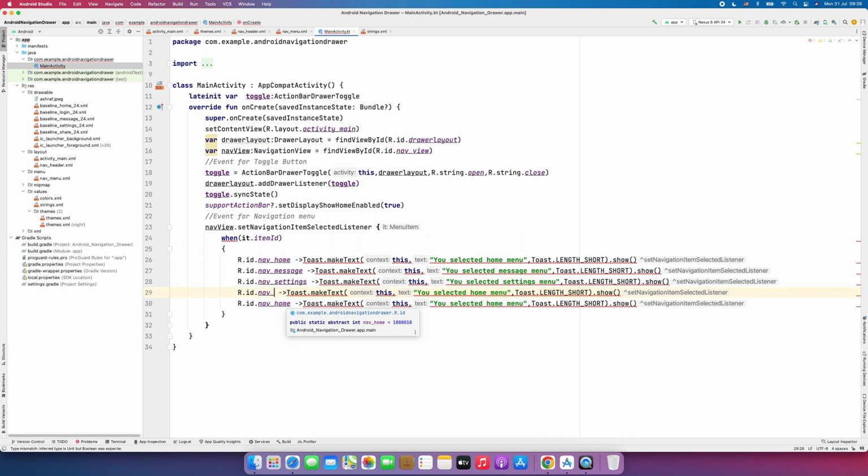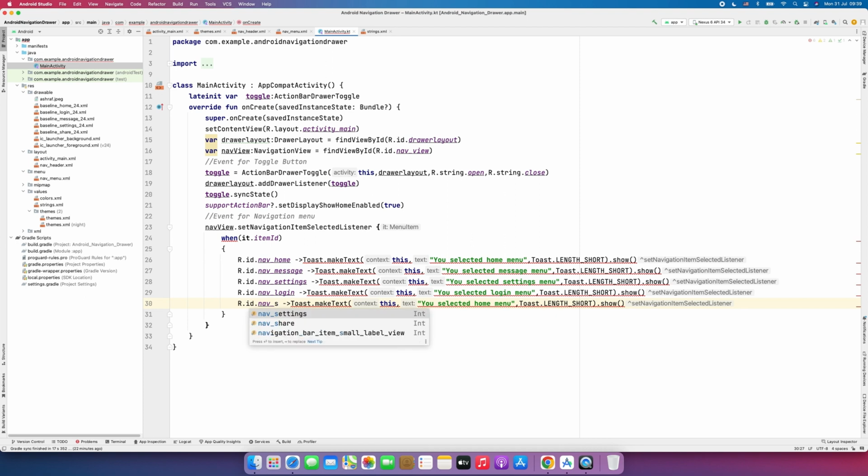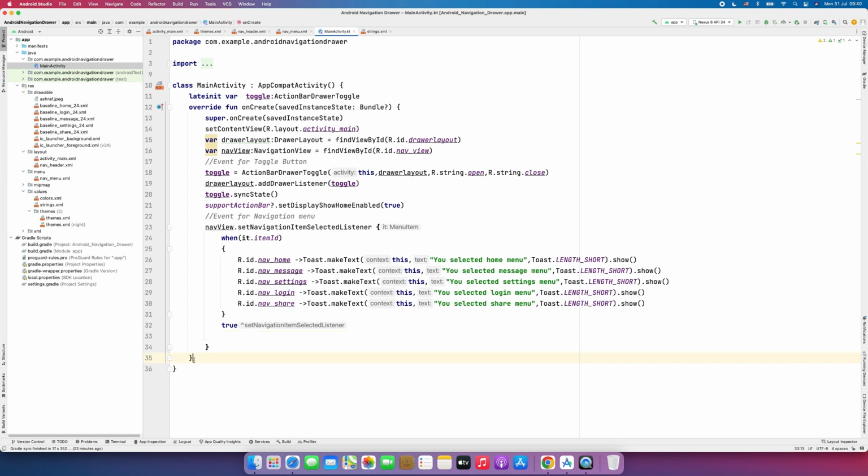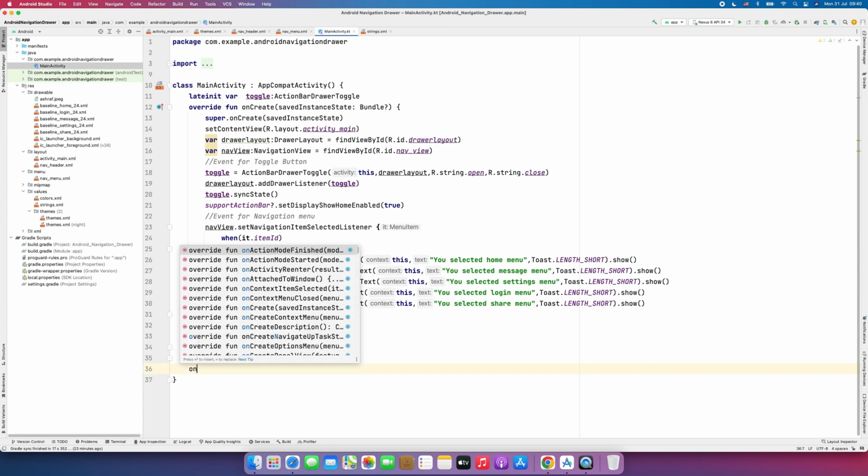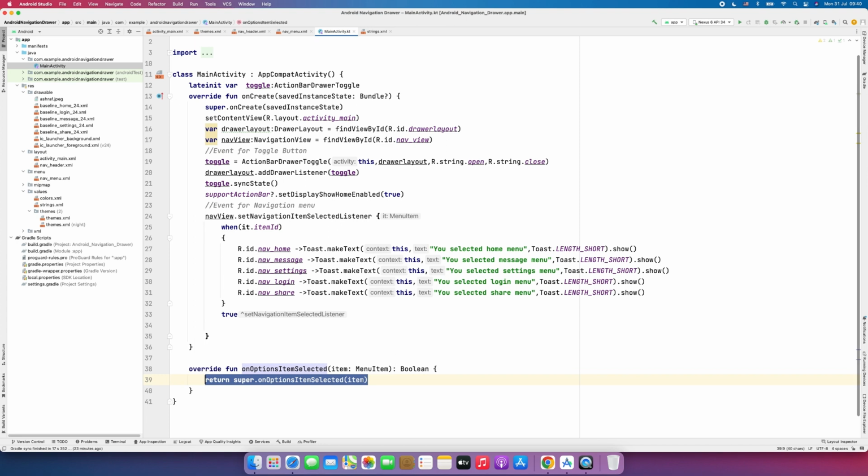Also nav login. You selected login menu. And also the share. So here we say share menu. And this is the when, and this is actually the item, so it should return true. And also we need to define the onOptionsItemSelected